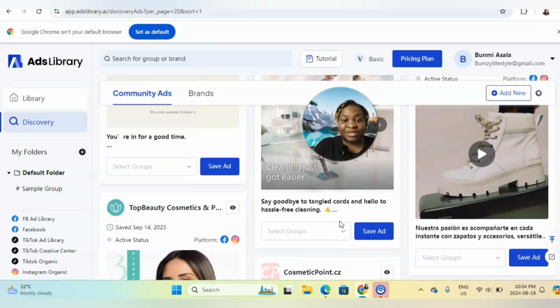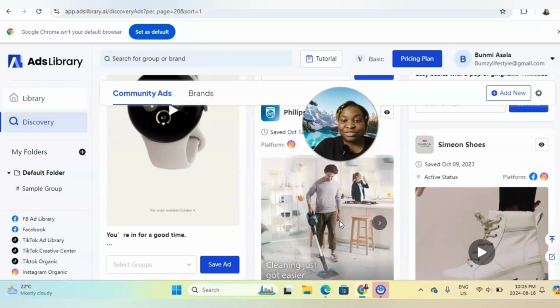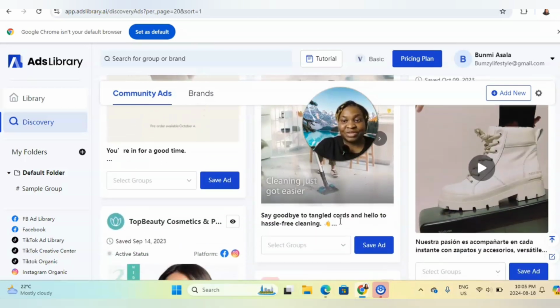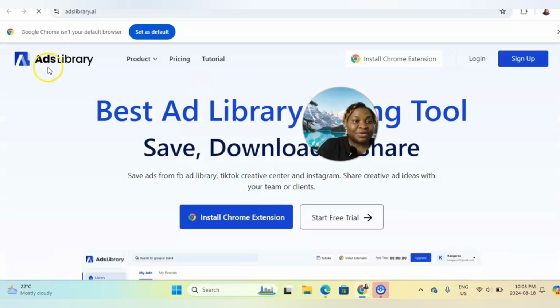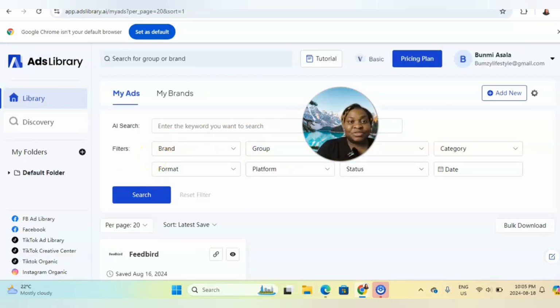This is a hands-free cleaning and tub brush. This is also good for UGC creators. You know, you can get brands from here. And as I said, I'm a digital marketing consultant and I want to spy on some of my competitors, right? So I come here to spy on my competitors, right? So I come here